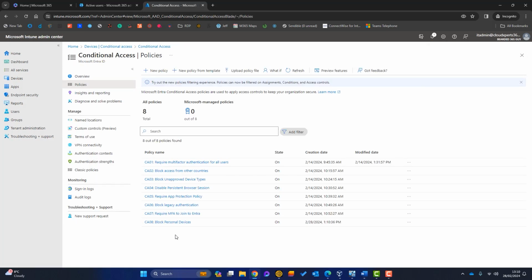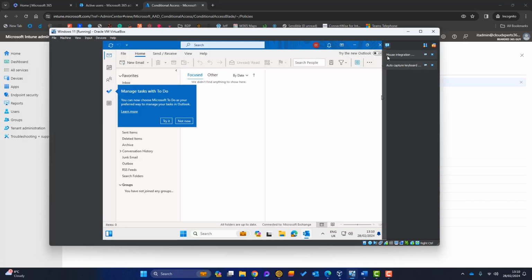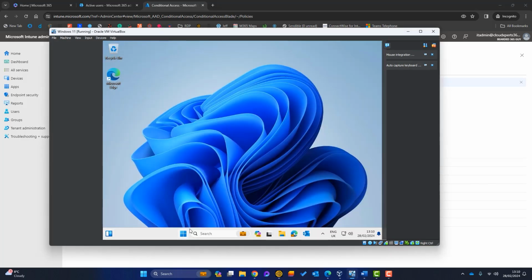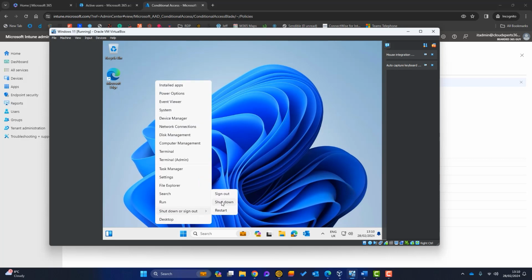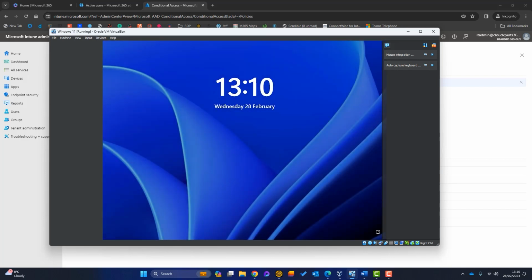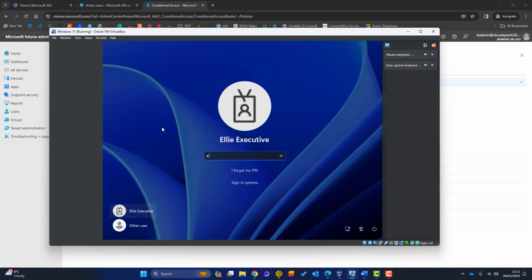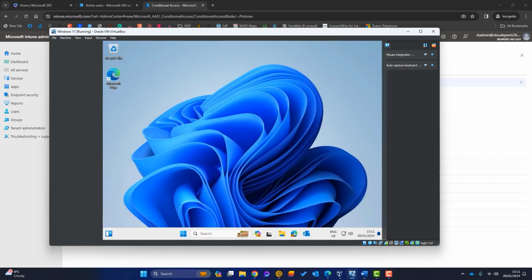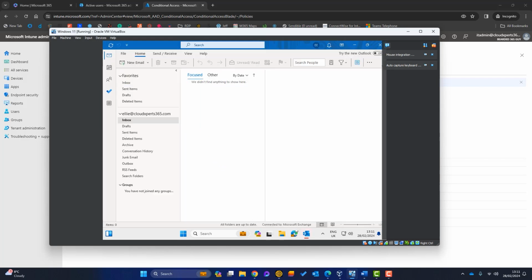Now that policy has been created. So if I go back to my Windows PC now, it's still logged on. What I'll do, I'll log off and I'll log back on again just to see if there's been any effect to that. Now there shouldn't be, because this is a corporate owned device and we've specified that that should be okay. So I'm going to log on again as Ellie. Okay, it's logged onto the computer. Okay, let me launch Outlook. Okay, it's launched Outlook, it's connected, that is working fine.